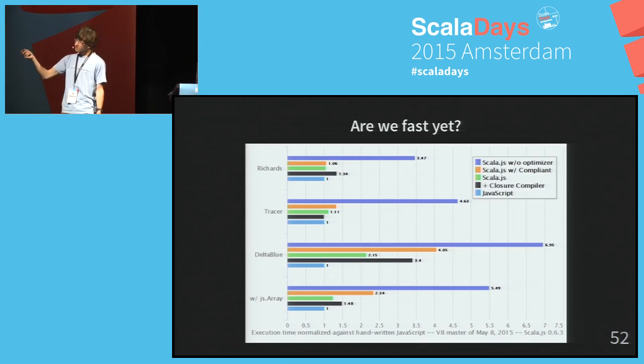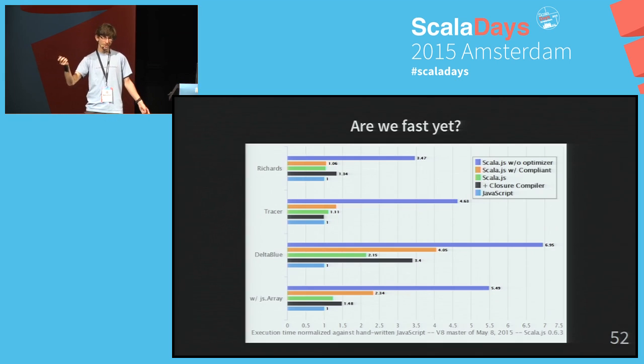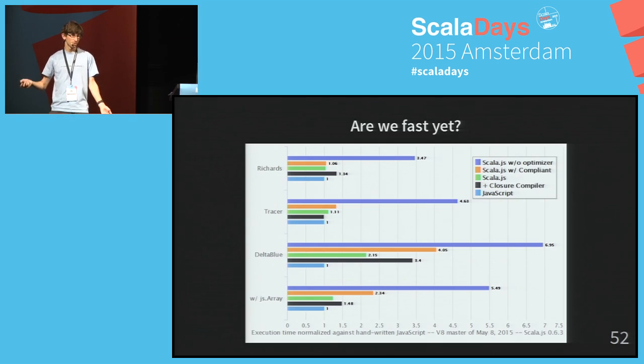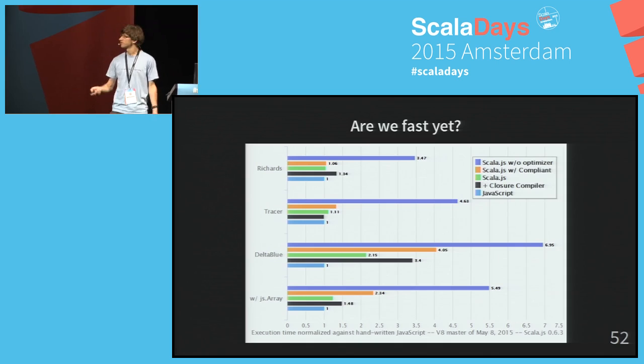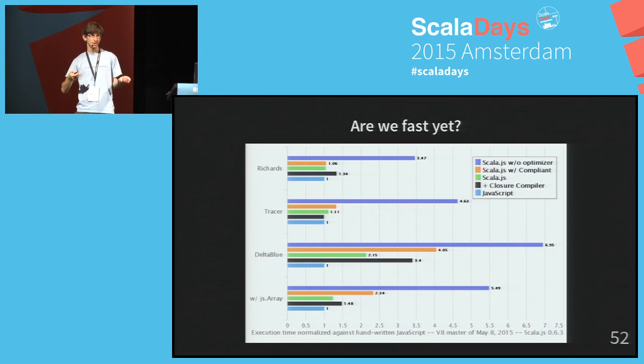And the Scala collection library, they're good, but they're just not as fast as a JavaScript array on the JavaScript VM, because the JavaScript VMs are crazy about optimizing their arrays. So we have another version of that same benchmark, just replacing all the Scala collections with JavaScript arrays, but otherwise using the same higher order methods, just on a JavaScript array with the Scala collection API, because that's what Scala.js gives you, and then we're back.